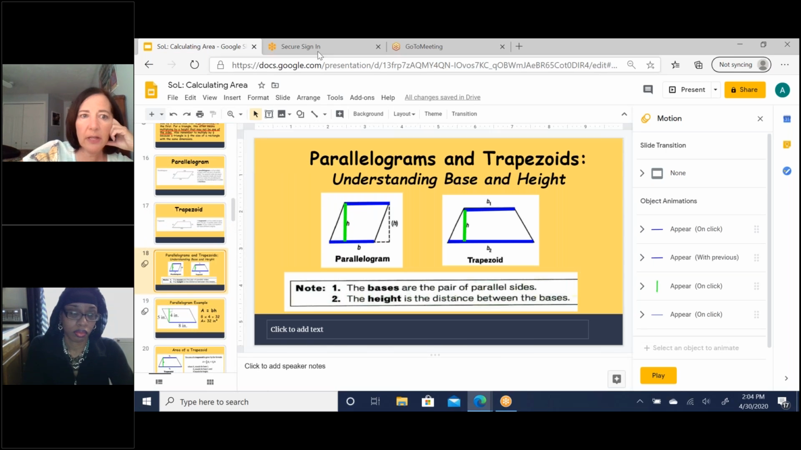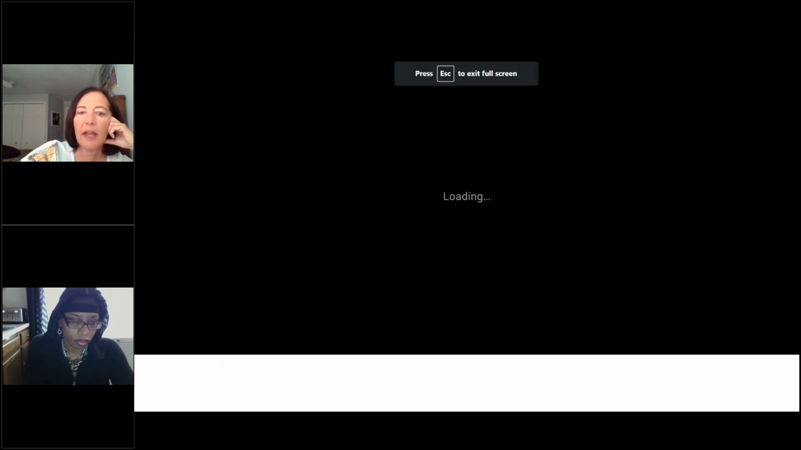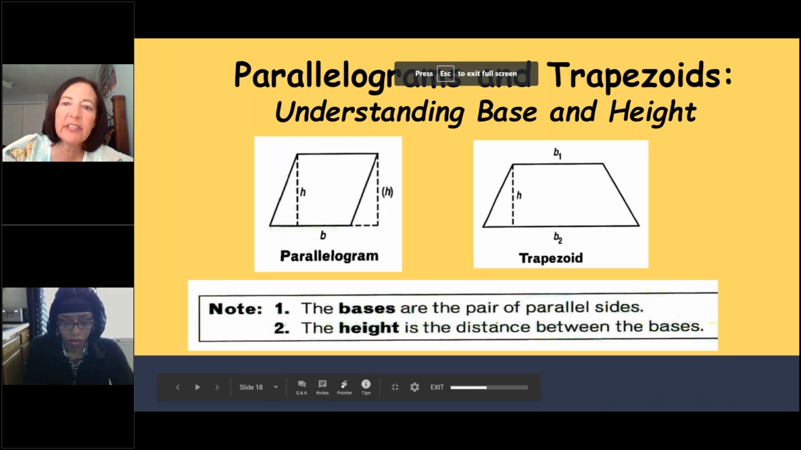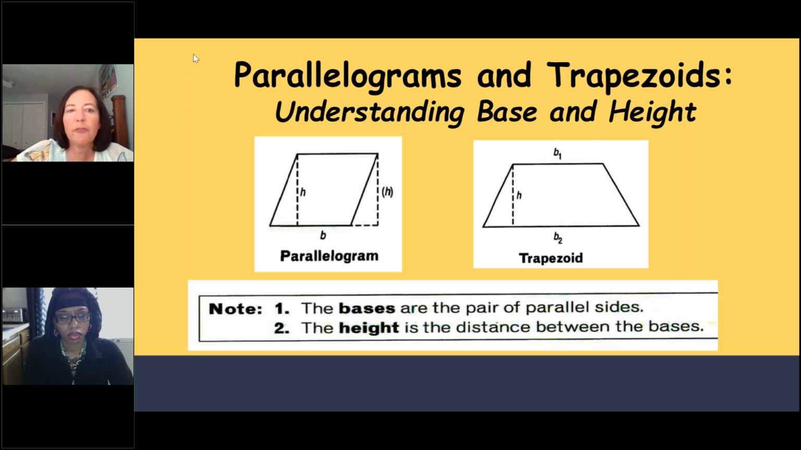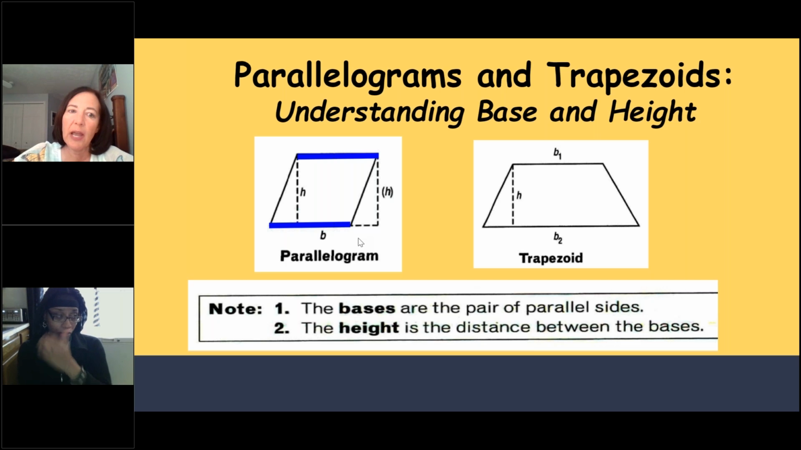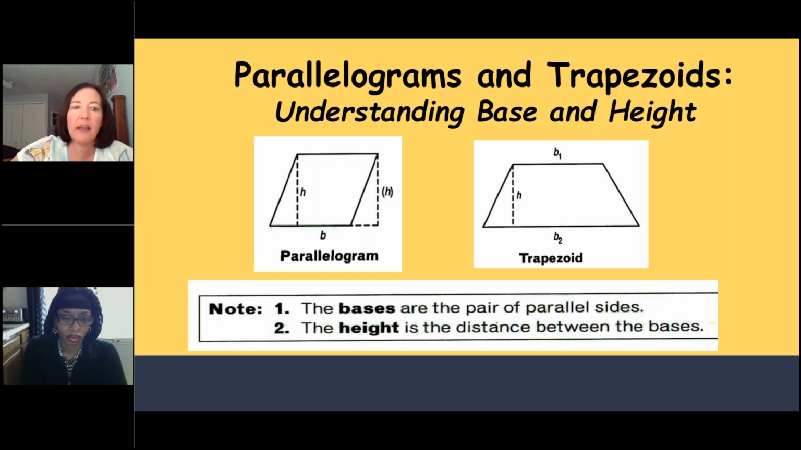So the parallelogram and the trapezoid. We don't see those figures as often, and so usually those are the formulas that my students have a harder time calculating area for. For both of those figures, we have to find the base and the height. Both have two bases. In the parallelogram, the bases are the same length, so we just use that number. And then the height,